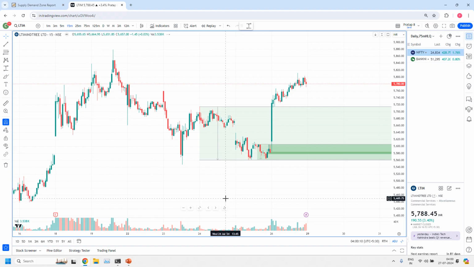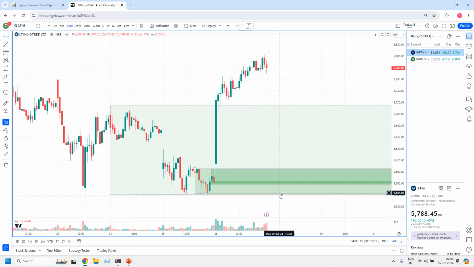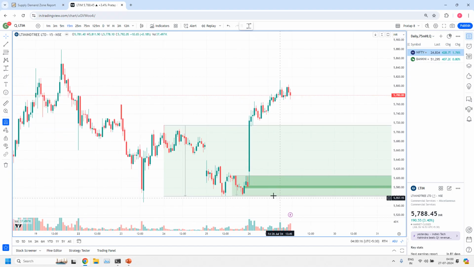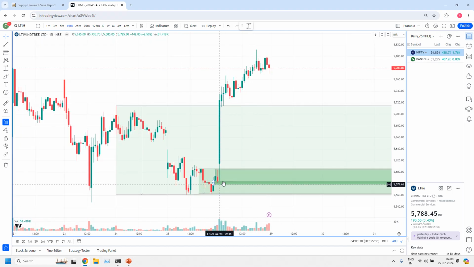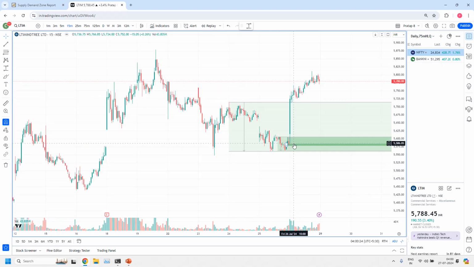But look at it from the 15 minutes time frame point of view. Such kind of combinations are good combinations. That is what I'm trying to say. Let us assume there is a very good zone. So next time when prices are entering, you can plan a trade in this 15 minute zone, provided your ITF trend is uptrend. Anyway, this stock's ITF trend is uptrend,